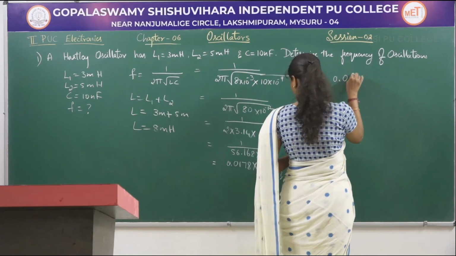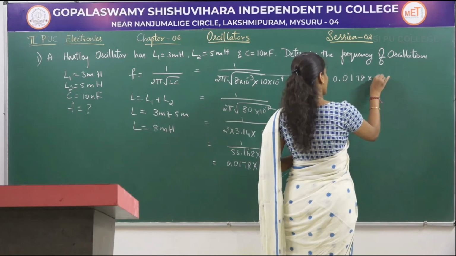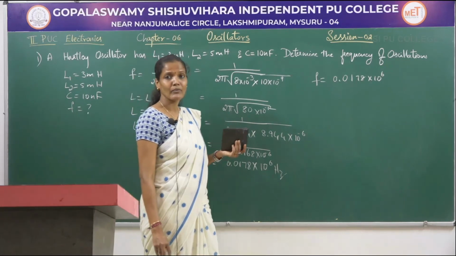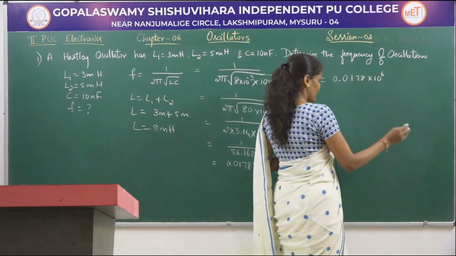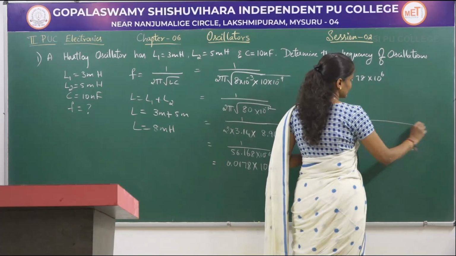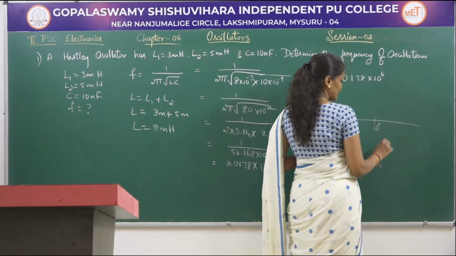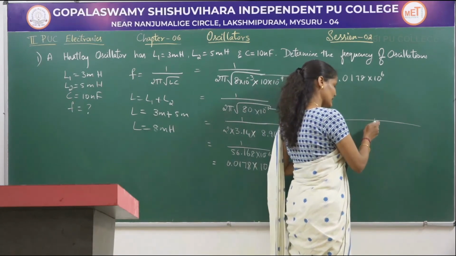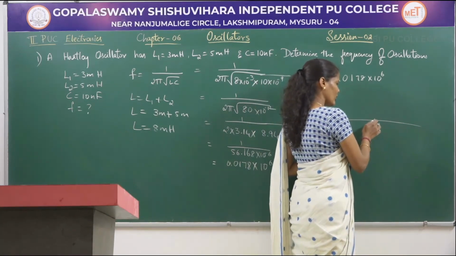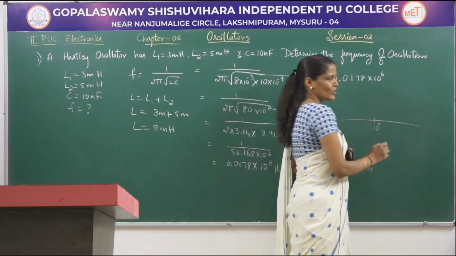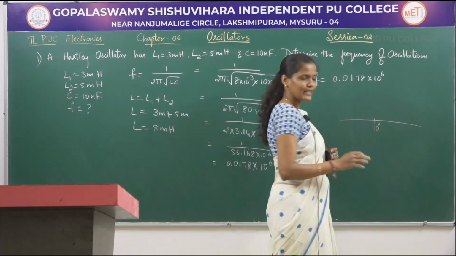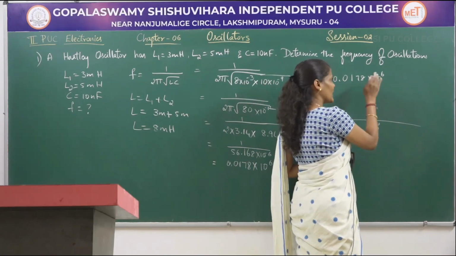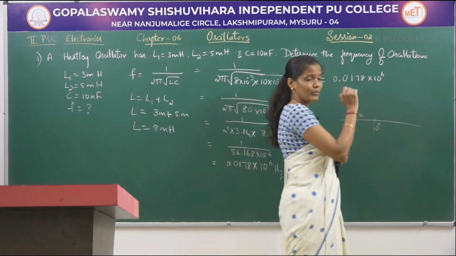So 0.0178 into 10 to the power of 6 is there. Now you need to convert this into 10 to the power of plus 3. I have already discussed this in the class. Consider 10 to the power of 0 as the central point. In the normal graph, if you consider this as the axis point or the zero axis, to the right side you write the positive values, and to the left side you write the negative values. But here, in order to convert plus 6 to plus 3 or minus 3 to minus 6 and vice versa,